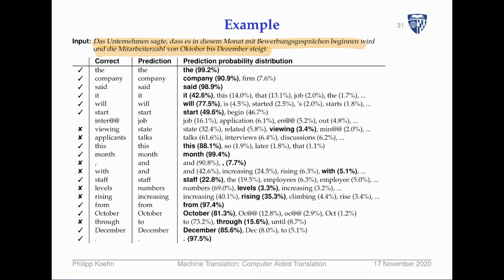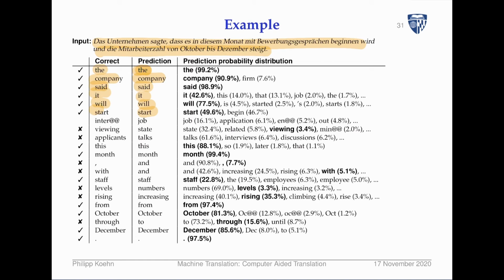The point is, here are the predictions of the machine translation system, and this is what the professional translator might accept. So the machine translation system was predicting, and the translator says, yeah, that's fine, I'm fine with that. Basically, the beginning is all fine. And then here it becomes a little bit different. Here it starts talking about job interviews. The company said it will start